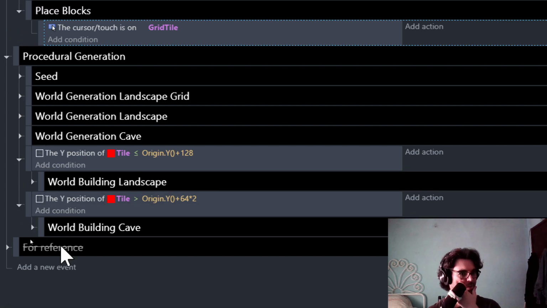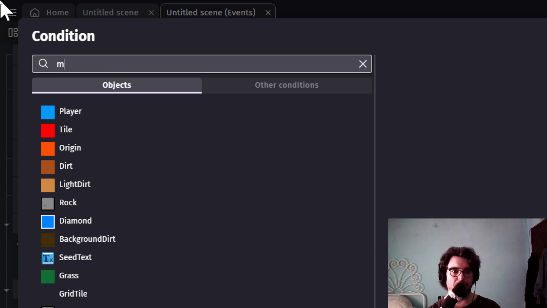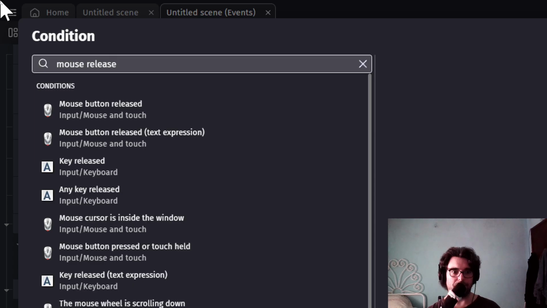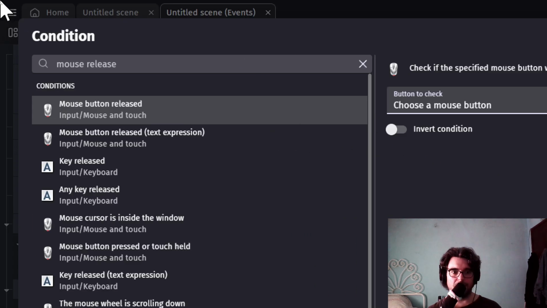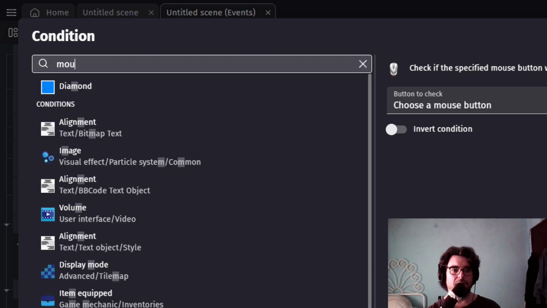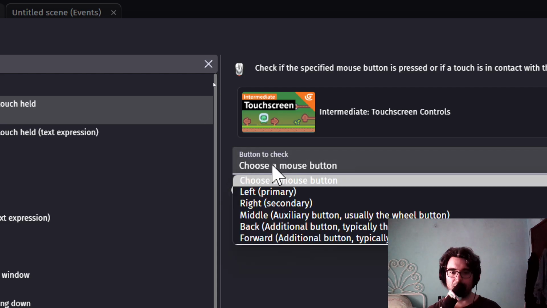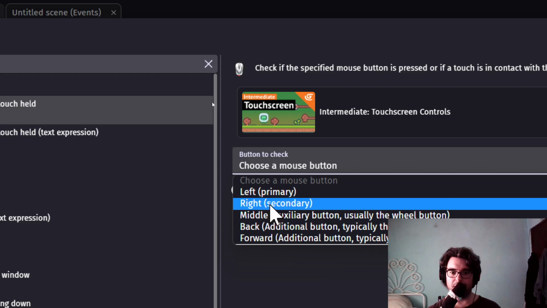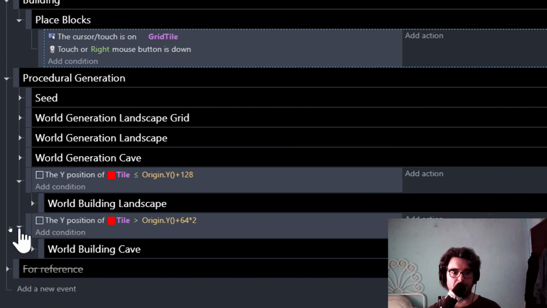And now, let's make it if mouse release. Mouse release. Let's not be babies, let me show you how to do this properly. Mouse pressed. When mouse button is pressed or touch is held. Is this one? I think it is. Choose mouse button, right. So when the right is pressed